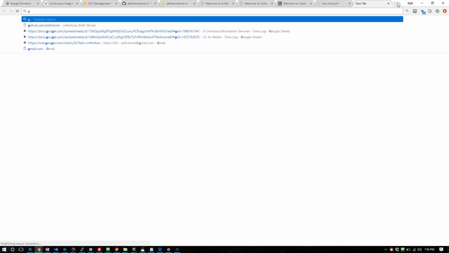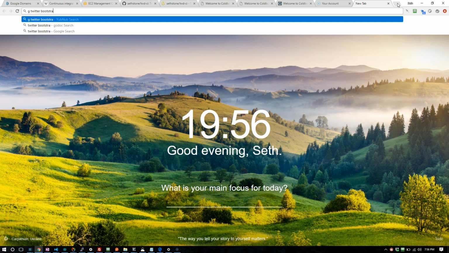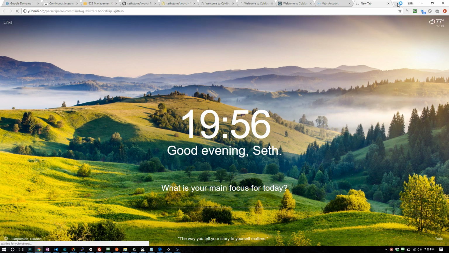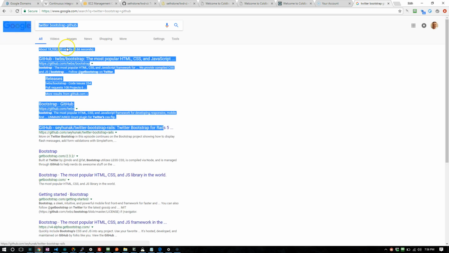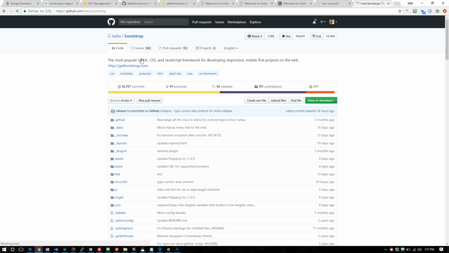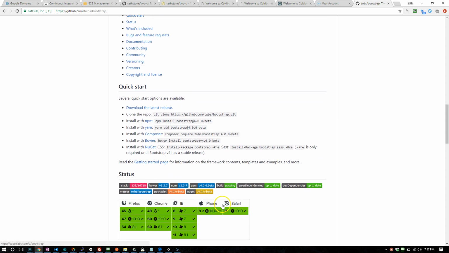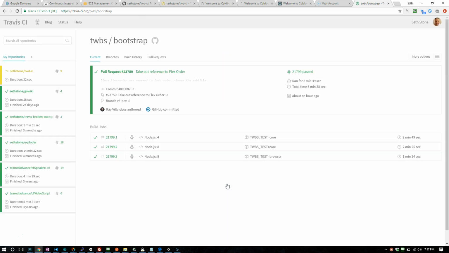If you want to see some pretty good examples of some of this working in the wild, I've really been impressed, if anyone's used Bootstrap, if you've looked at their source project, they have some really good, well built out Travis integration. And you can even see, this is what I was trying to show earlier, all their different statuses that are being generated by Travis. You can click right into the build and get the exact same environment that we were looking at, but you get to see,